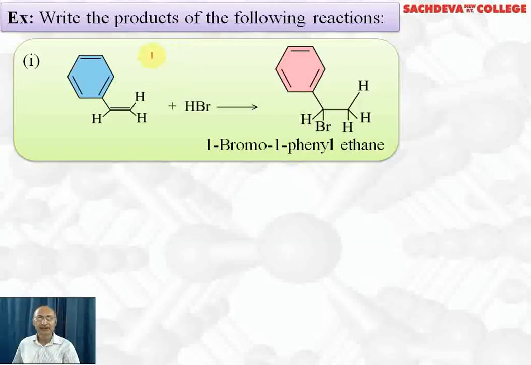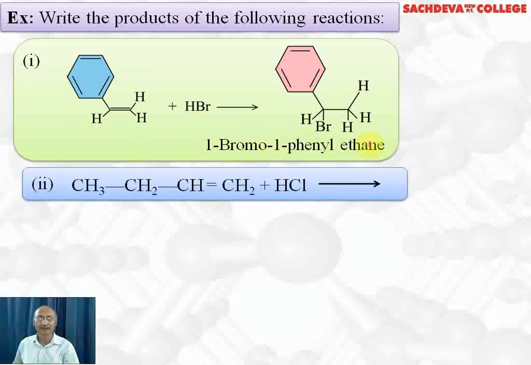We are taking questions based on these reactions. This compound, we are reacting with HBr. Addition reaction takes place. Br will attack this carbon because secondary carbocation will be more stable. So it will result in the formation of 1-bromo-1-phenylethane. So remember, addition is taking place according to Markovnikov's rule and the stability of secondary carbocation over primary carbocation.